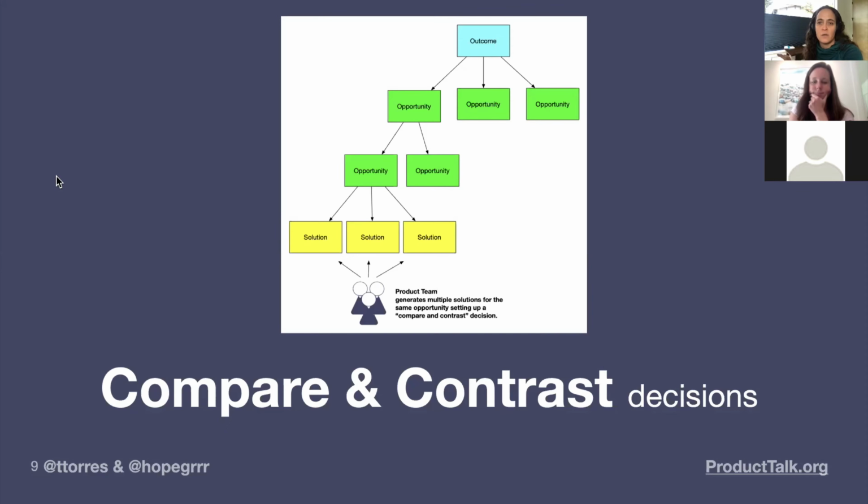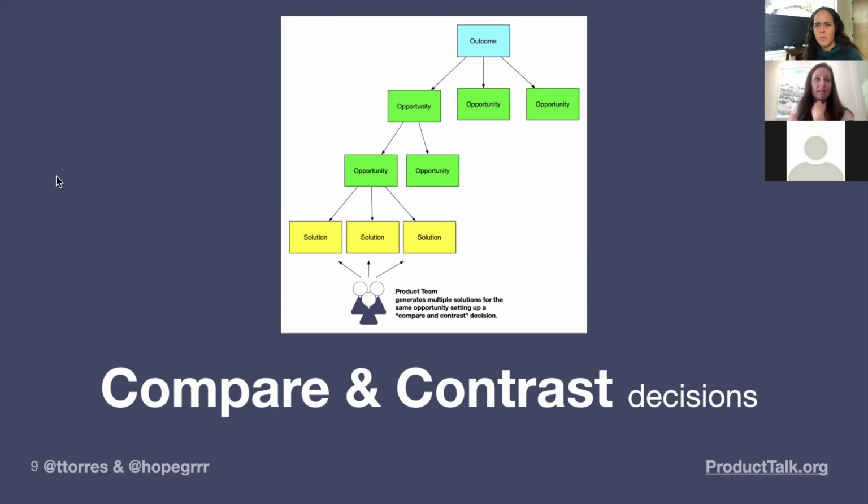But then as you work through the discovery process, it might get more and more refined. You might be looking at how well a solution addresses a given opportunity. And so that's often a stepping stone towards your outcome. So we've identified a need. We think if we solve the need, it will drive the outcome. So now our criteria is how well does the solution address the need? What that criteria would be is really dependent on what that need was. But if the team is discovering the need together and has a shared understanding of that need, it gives you a jumping off point for a shared criteria.